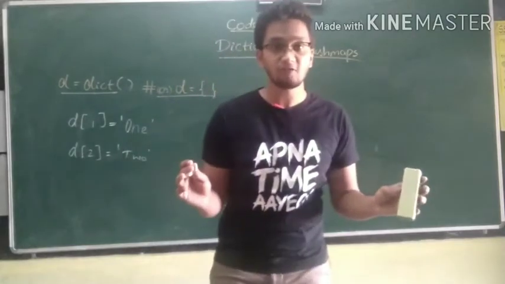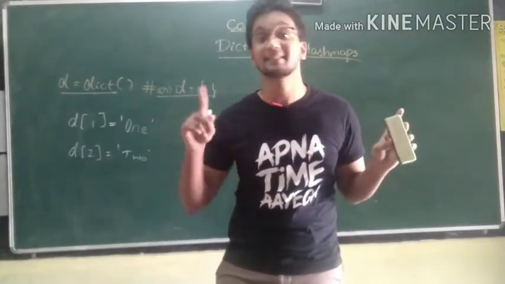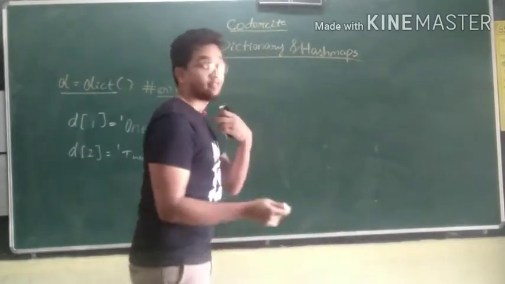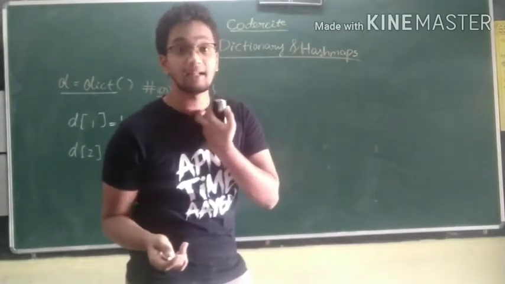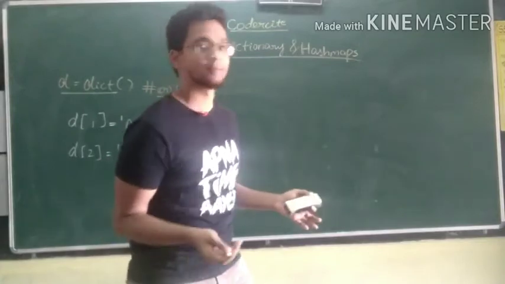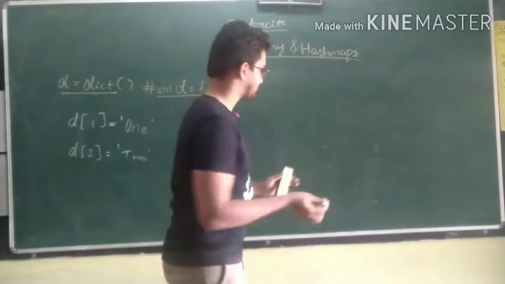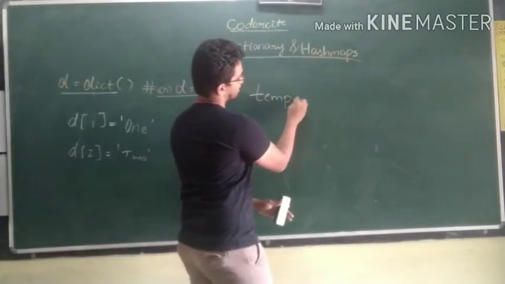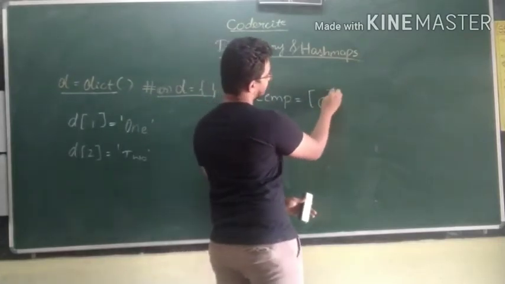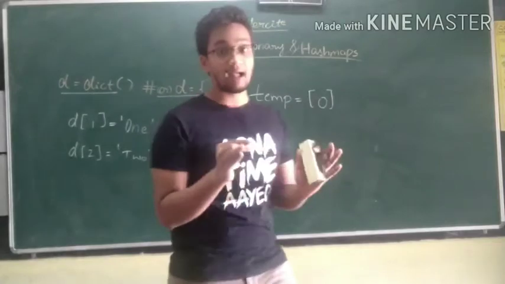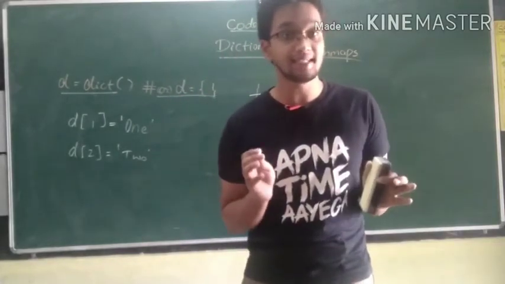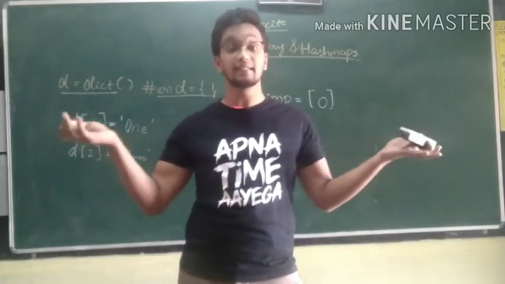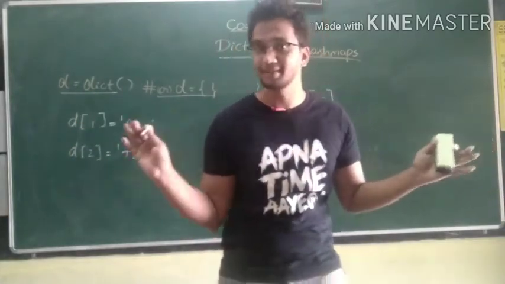I took an example of the string, right? In the anagrams example, just watch the video again and come back to this if you don't know anagrams, and if you don't know about the temporary array of size 26. What I did there is, I took a temporary array temp and initialized it with zeros, and I took the size of the array as 26, as I knew that the number of alphabets in English is 26.